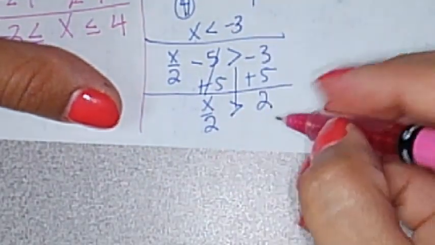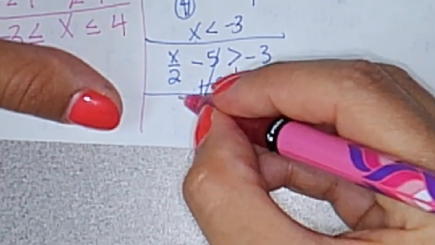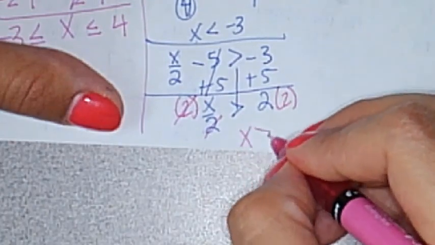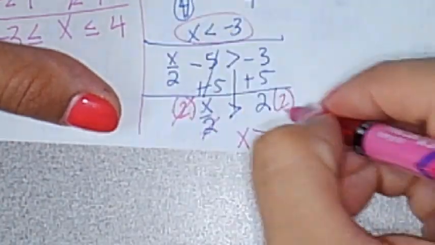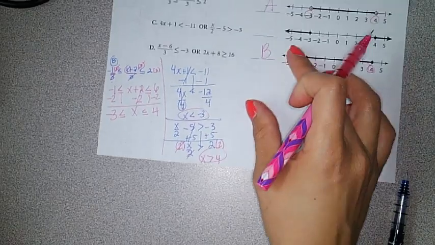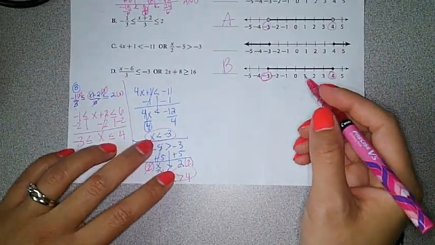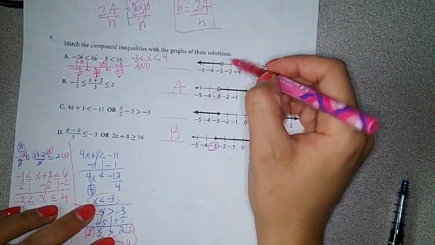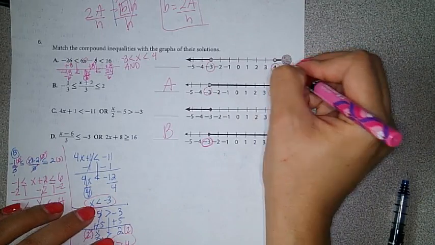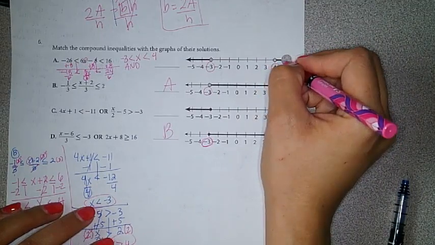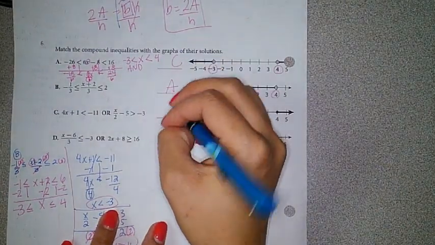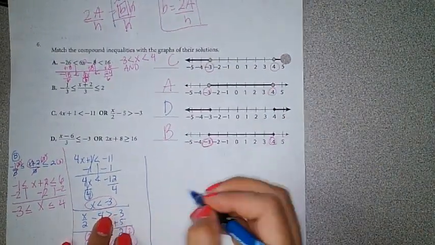To isolate the x, I have divided by 2, so the inverse will be times 2. So I'll do that to that side too. So x is greater than 4. So for letter C, I'm looking for these two, x is less than 3 and x is greater than 4. And they're both open circles. So over here I have x is less than 3, an open circle, and greater than 4, open circle. So it looks like this is C. And I'll still do D, but obviously this would be D. Okay, so for letter D,